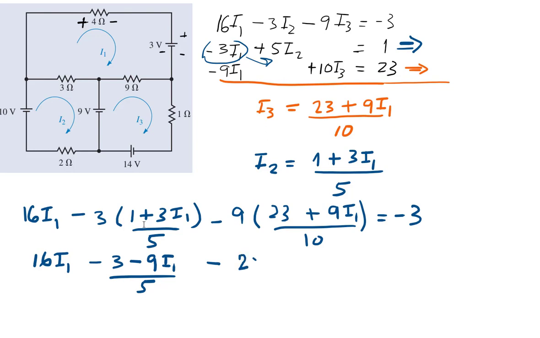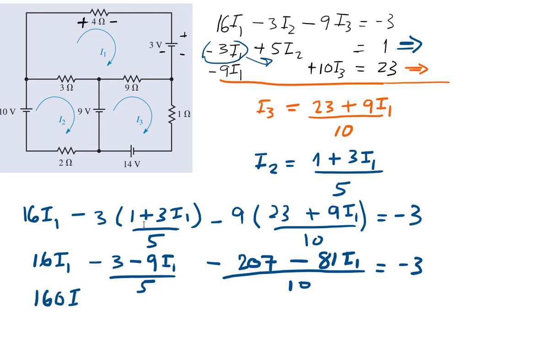207, I guess. 9 times 20 is 180. 9 times 3 is 27. So it is 207 plus, again it is negative, sorry, negative 81 I1 over 10 equal negative 3. If we multiply everything by 10, we cancel this one, we cancel this one, we have here